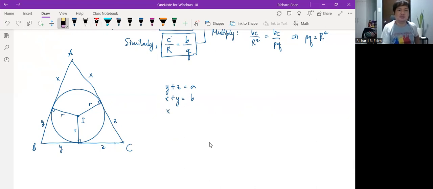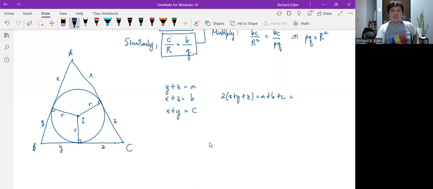B is equal to X plus Z. And then X plus Y on the other hand, that's what's equal to C. And if you add on the left side, you're gonna have twice X plus Y plus Z equals A plus B plus C. But then this is twice the semi-perimeter. So, you've already pointed out more than once, X plus Y plus Z is the semi-perimeter itself, which means